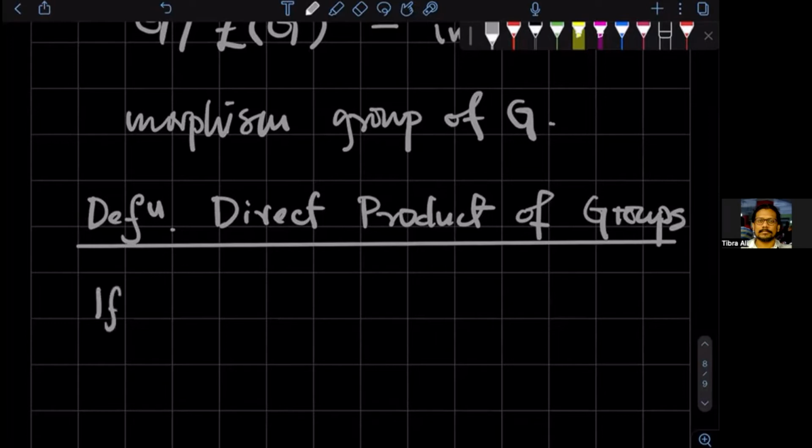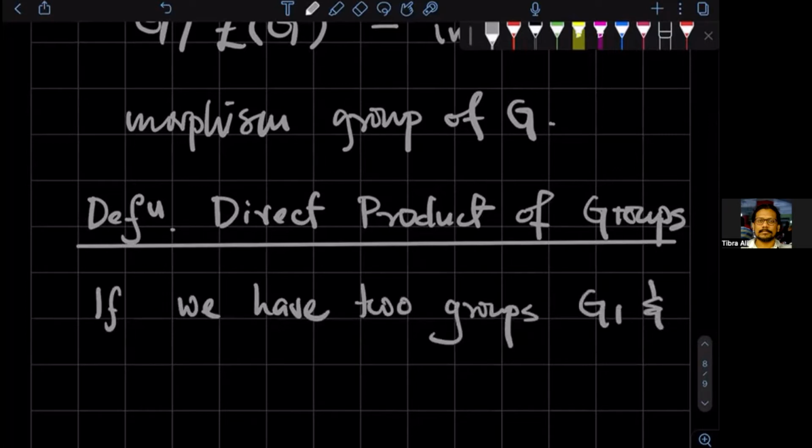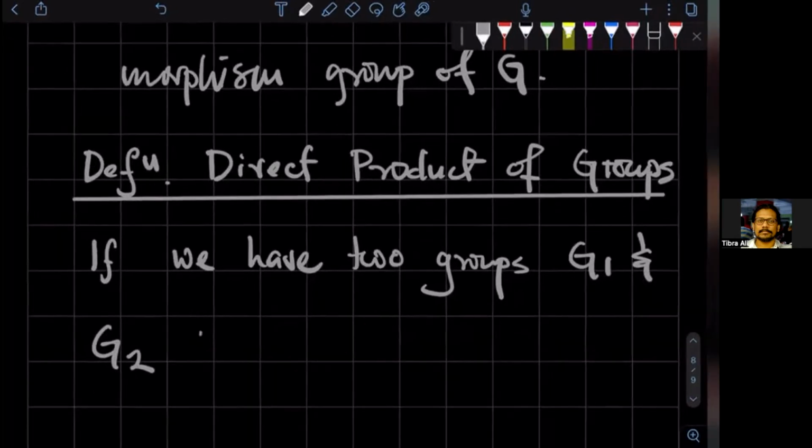So if we have two groups, say G1 and G2, then